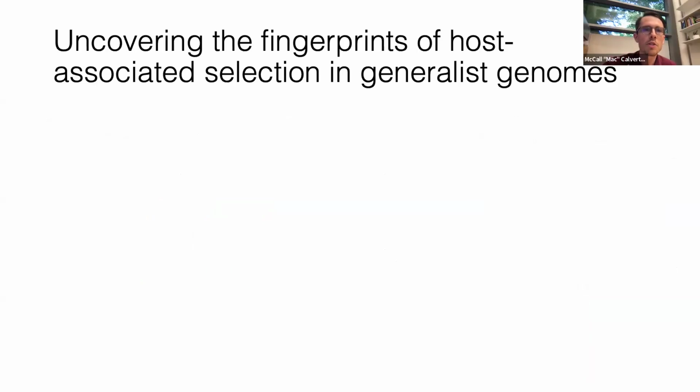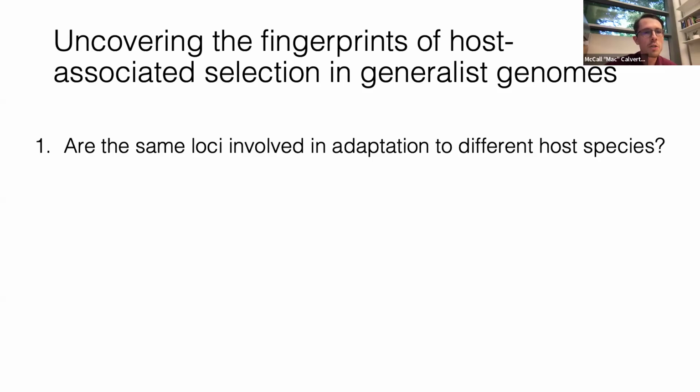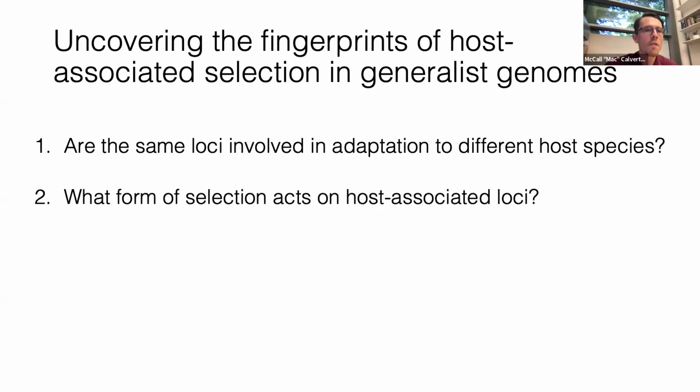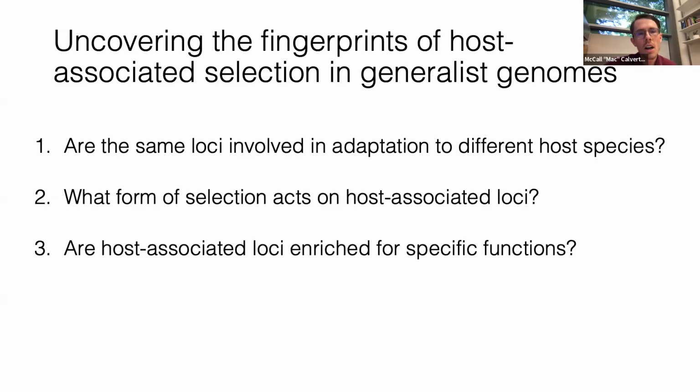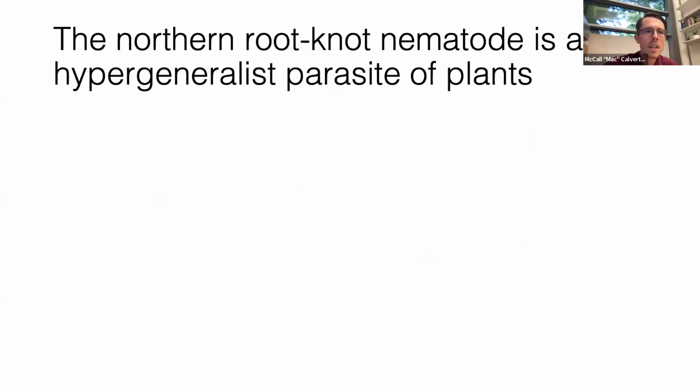And so to address this overarching goal of uncovering the fingerprints of host-associated selection in generalists, we had three main research questions. One, simply, is whether the same loci are involved in adaptation to different host species. Two, what form of selection is operating on these host-associated loci, and what can that tell us about the evolutionary process? And three, are host-associated loci enriched for specific function, and what might that reveal to us about the generalist phenotype? And so we did this work in the northern root knot nematode, which is a generalist parasite of